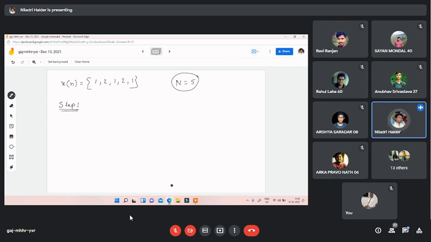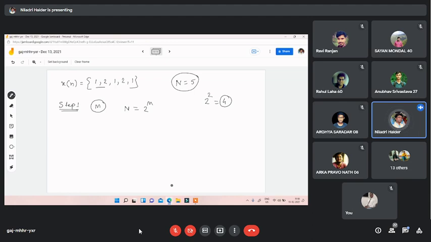First, you have to understand what will be the value of capital M, meaning how many stages we will have. If you have 5 samples, how many minimum stages can we have? We know the relation n equal to 2 to the power m. So what should be the value of m? 3. So the minimum stage must be 3, because